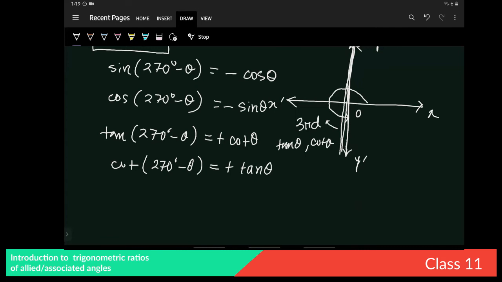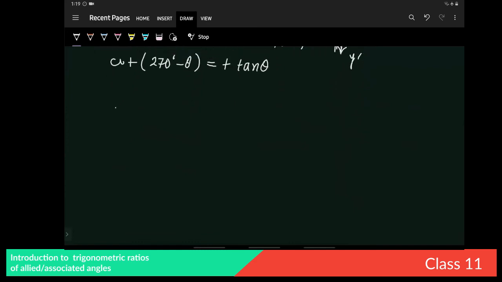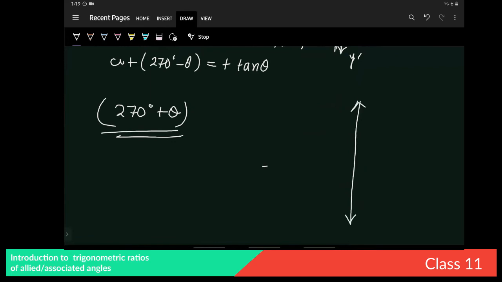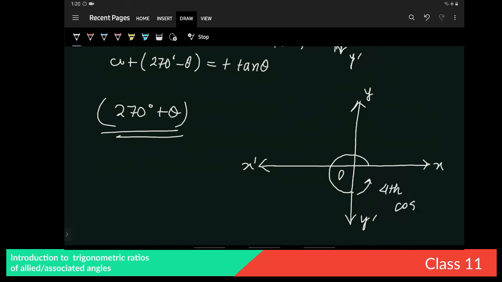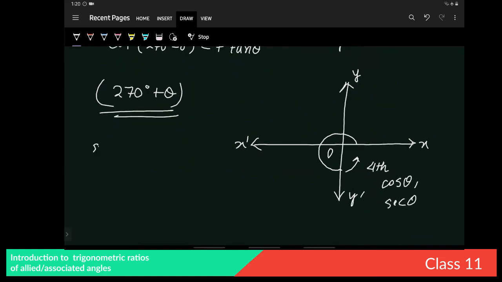Okay. Now we are coming to the angle 270 degree plus theta. So if I draw this, what is 270 degree? It is this. And plus theta means what? It is falling under the fourth quadrant. Now in the fourth quadrant, which ratios are positive? Cos and sec. Now sine of 270 degree plus theta,